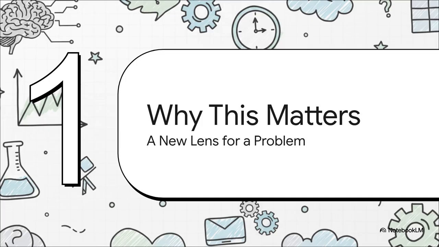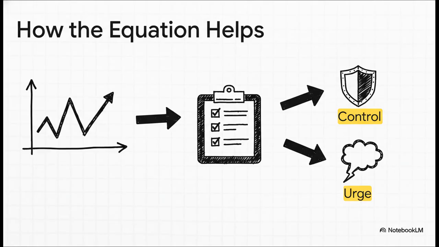Okay, so this is all interesting, but why does a formula like this actually matter? What's the point? What's the real-world use for it? Well, the real power here isn't about slapping a label on someone. Again, it's not a diagnostic tool. Instead, it's a way to track the severity of an issue over time. It lets a therapist or a clinician actually measure progress or even setbacks. And this is huge. It helps them pinpoint exactly where to focus their efforts. Do we need to work on building up that person's control? Or is the real battle in reducing the urge? The equation gives you a roadmap.